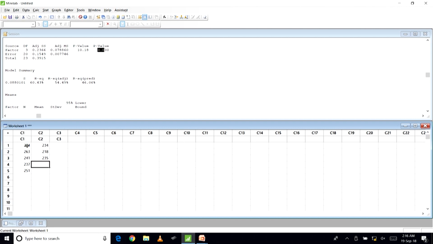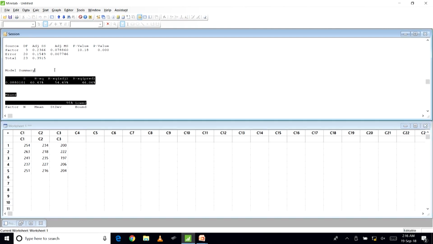235, 227, 216, 200, 222, 197, 206, 204, right. So, this is how you should do data entry. Let us look at,